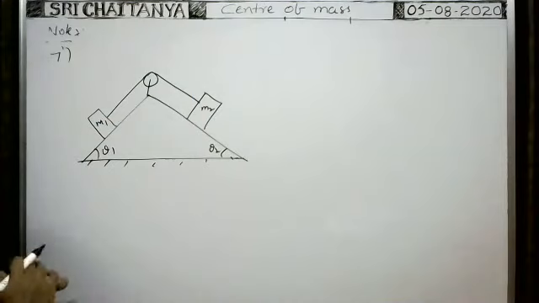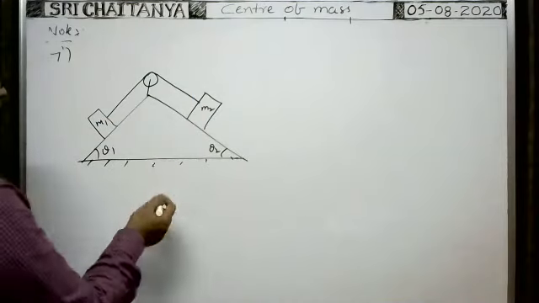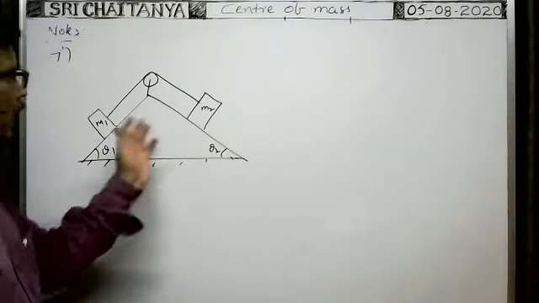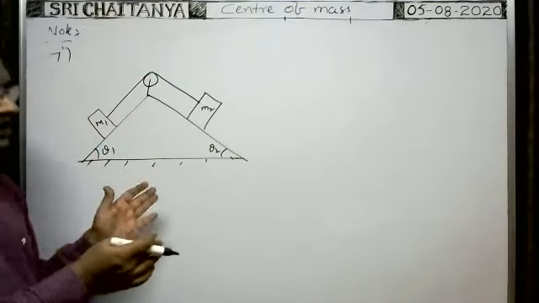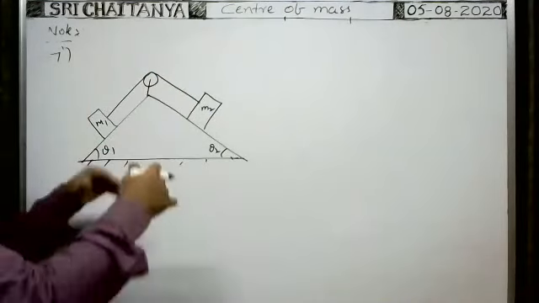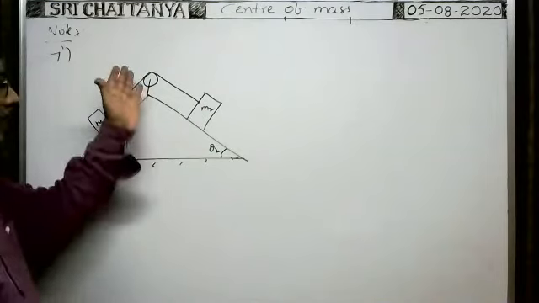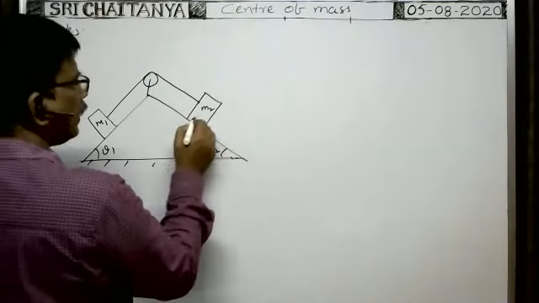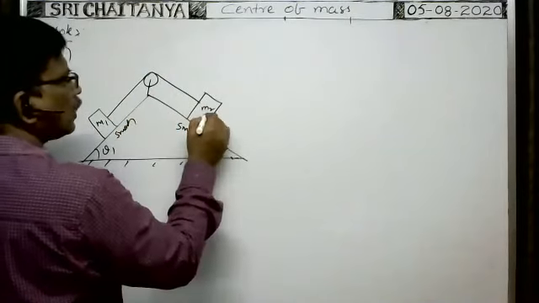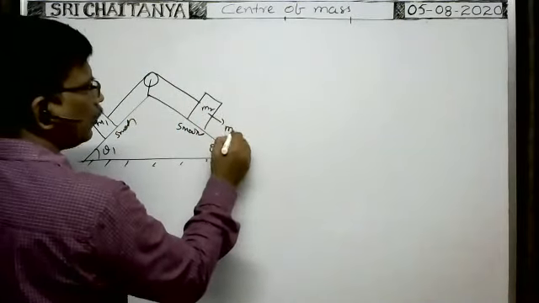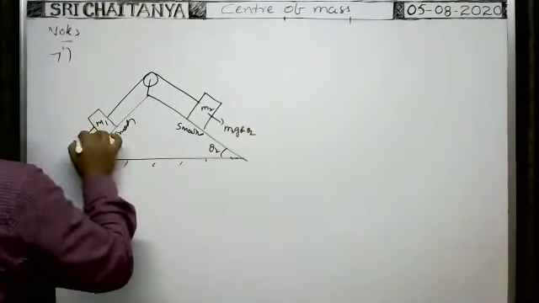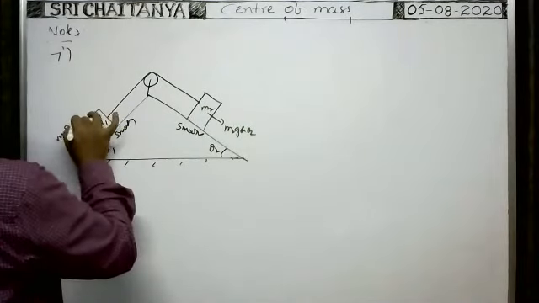Okay, then which block travels? In which direction will the blocks travel? Suppose you are given M2 greater than M1, we cannot say M2 comes down and M1 rises up. We cannot say directly because these are not hanging vertically by means of strings as in the previous case. Here they are on inclines, and these are all smooth surfaces. So the weight component along the inclined plane, you already know. Directly I am writing M2 g sin theta 2, and here the weight component in this direction is M1 g sin theta 1.